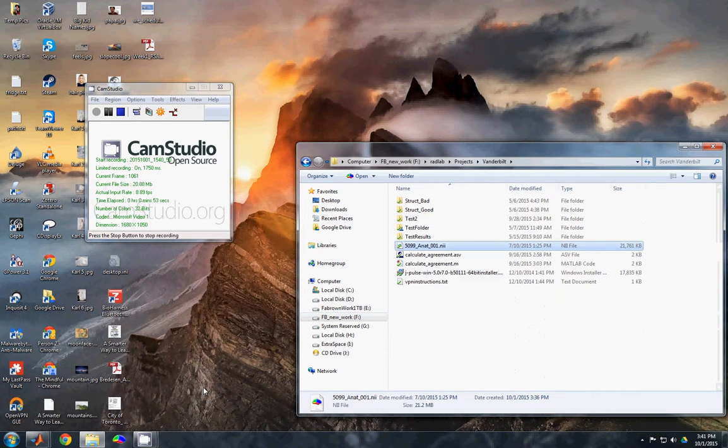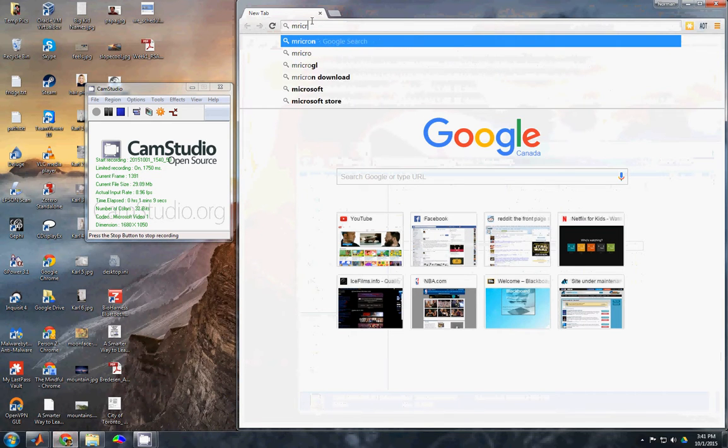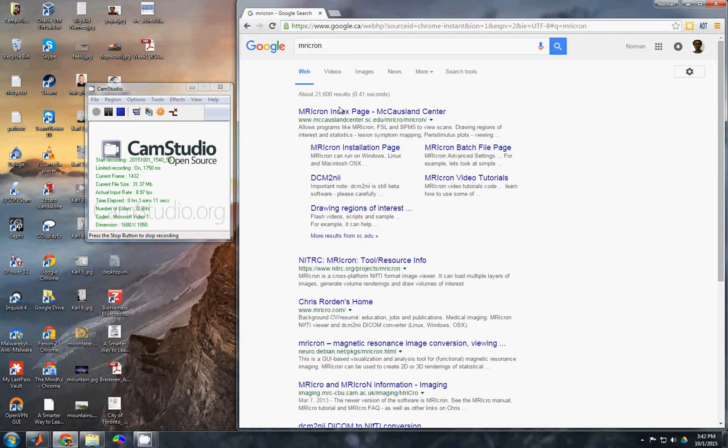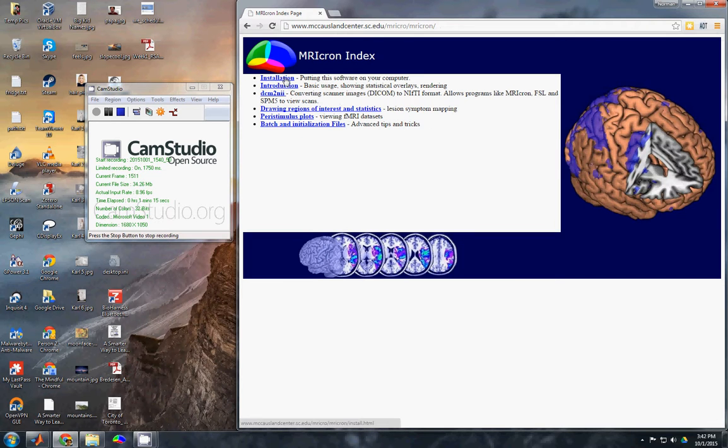So here we have 5099 and that 001.nii, that's the critical part right here. It tells you it should be a brain image, and to view this brain image you're going to need a program called MRI-cron. So if we just search in Google for MRI-cron, you'll see the index page, and let's go to